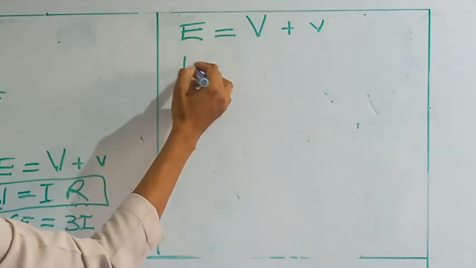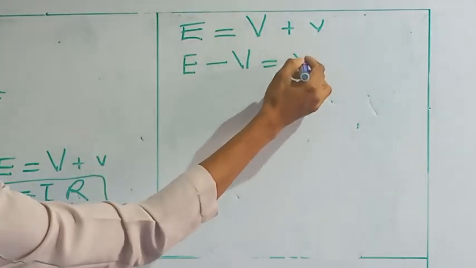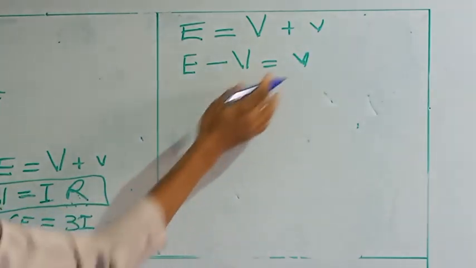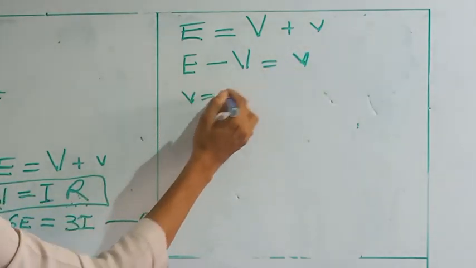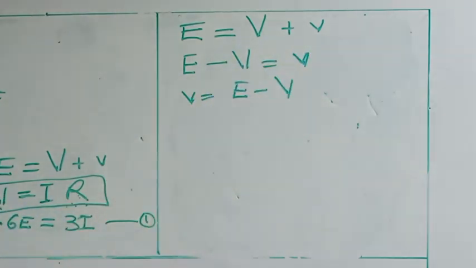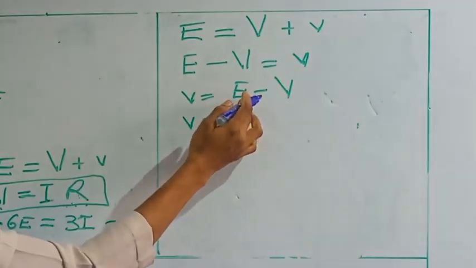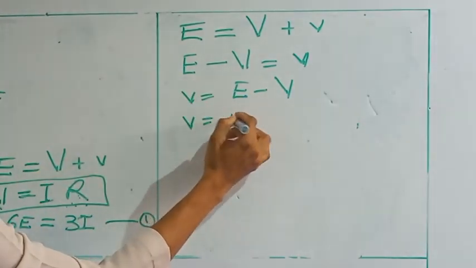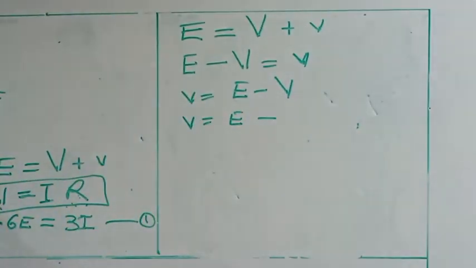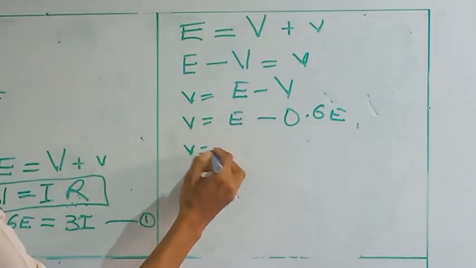It then means that the terminal PD, crossing over, will give us E minus V is equal to lost volts. If I want to write this here and have it like this, it's still the same thing. E is still E, minus V, which is 0.6 E. So the lost volt will be